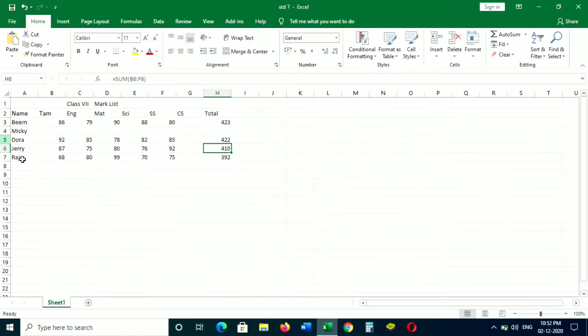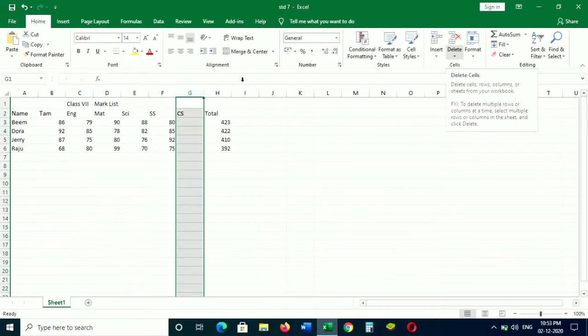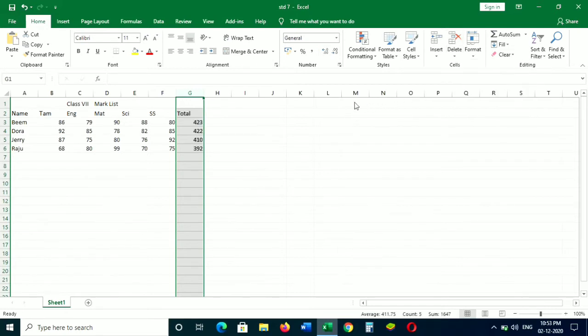Step 2. Click the delete button on the Cells group of the Home tab. Step 3. Choose appropriate choice cell or row or column from the delete dialog box. Now you can see the selected cell, row and column get deleted in the worksheet.